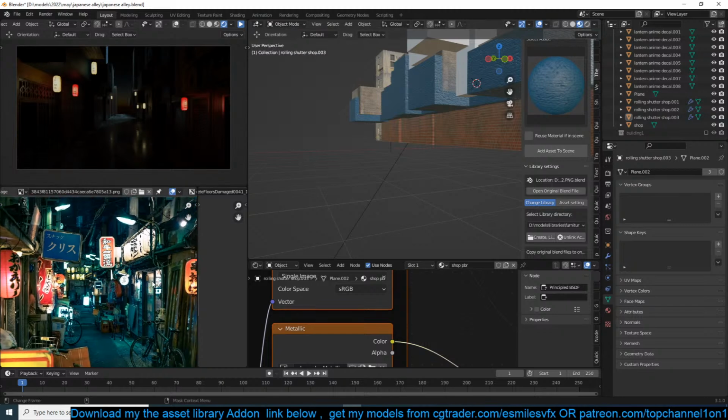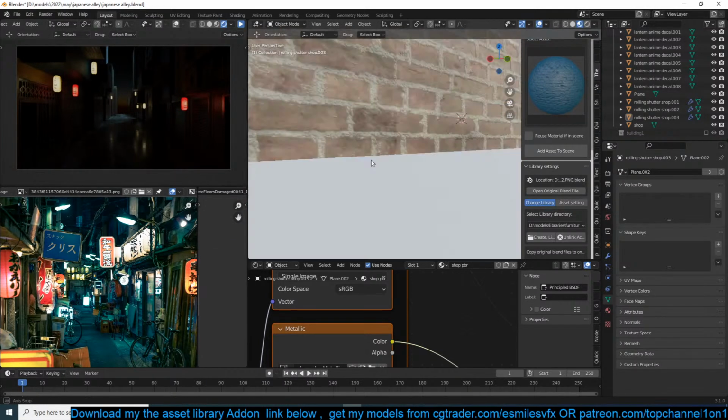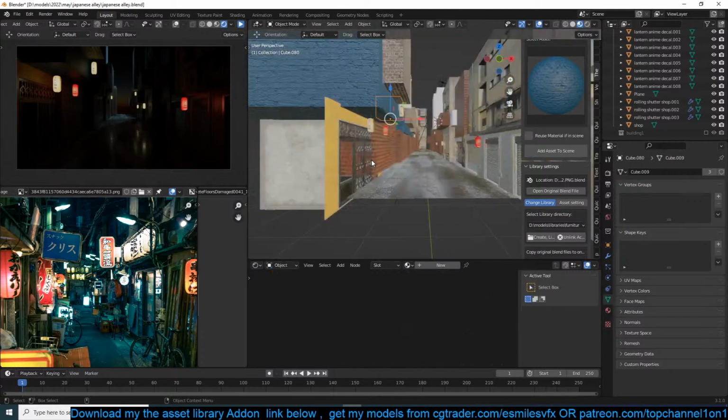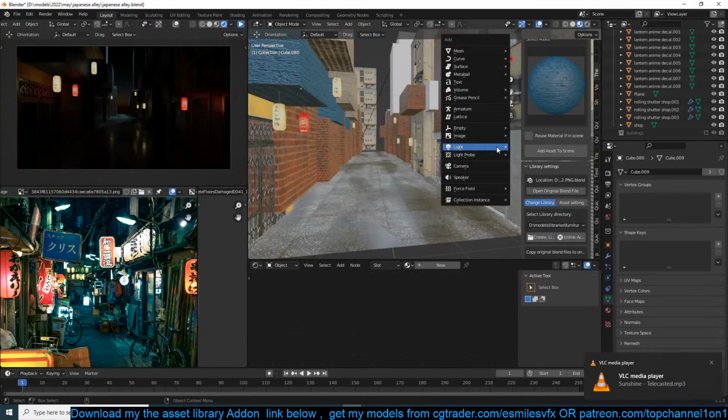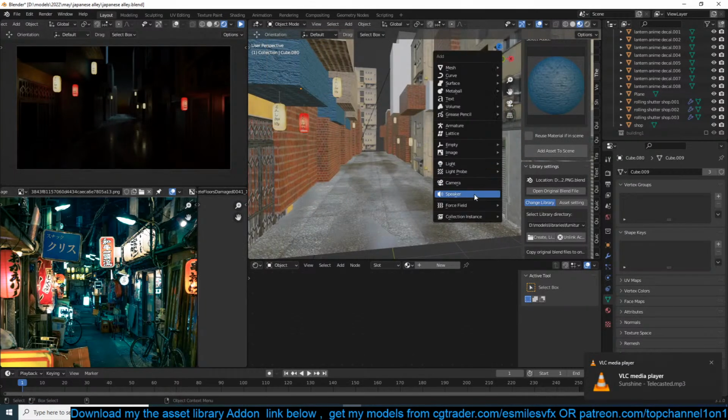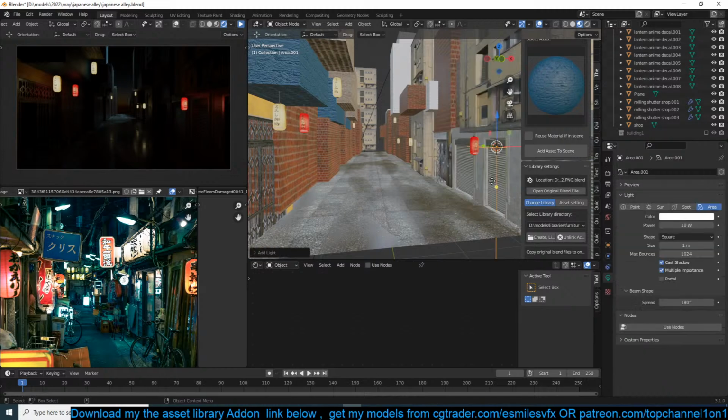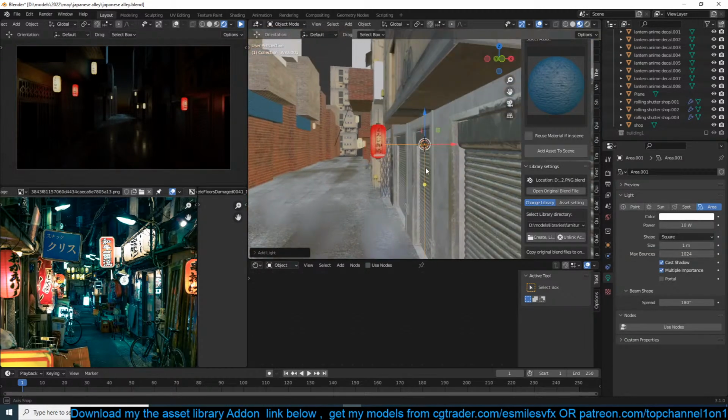We need, let me see. Do we need, yeah, we need some fluorescent bulbs, and those we can easily make using an area light. So I'm going to grab an area light like this.